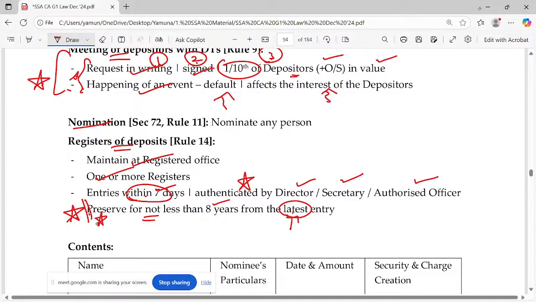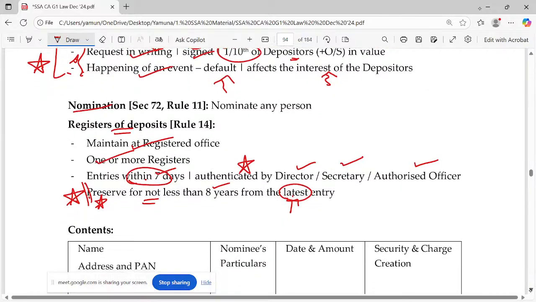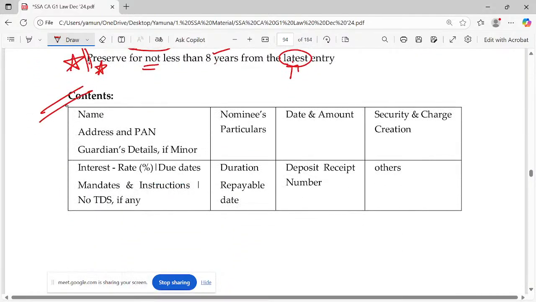So this is also quite an important one. Okay. Yes, what are the contents? This is also often asked. Usually it will have name, address, PAN, guardian's details if minor. If there is a person nominated, the nominee's details, date and amount, security, and what is the charge created,